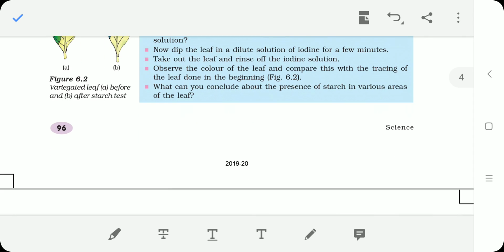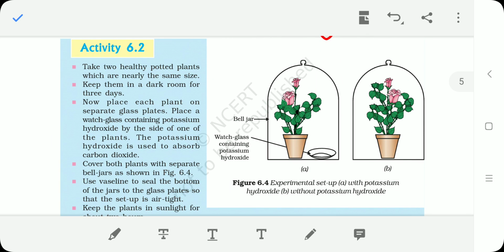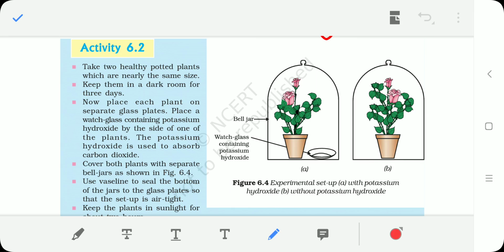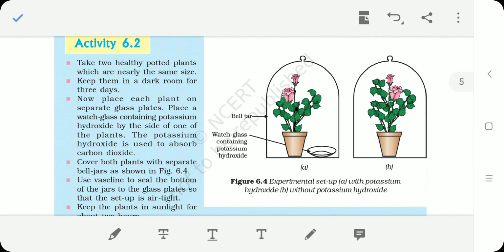CO2 is also very important for plants because CO2 is utilized in the formation of glucose. These activities show this. This particular activity shows that CO2 is very important. We will do all these activities in the classroom. So I hope